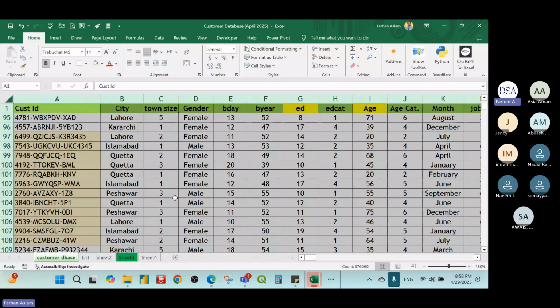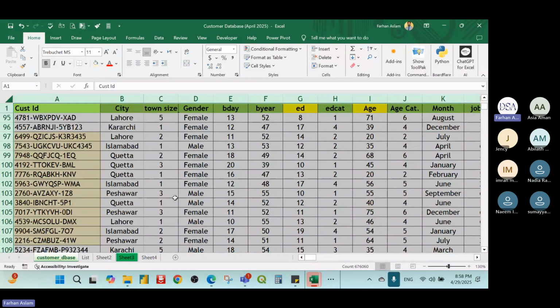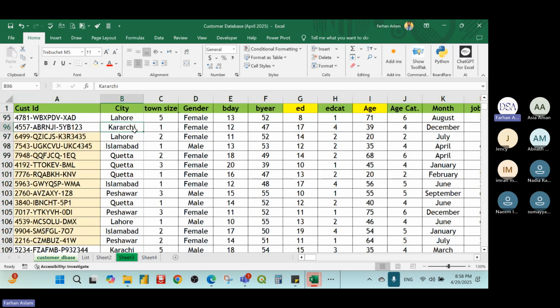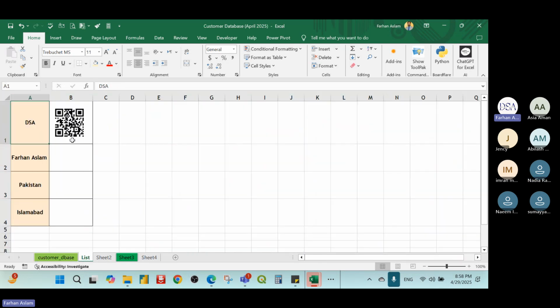So in other words, if you get any data file that is totally locked, remember that when you apply sheet protection on any Excel file, the entire sheet will be locked because by default, every cell is locked. So if you click on this